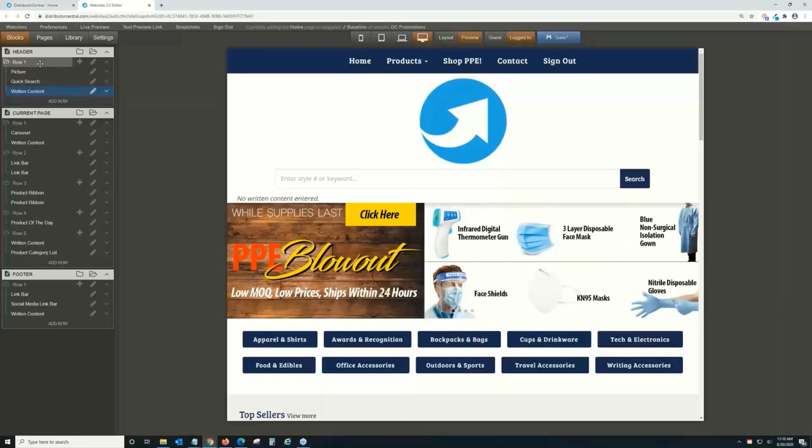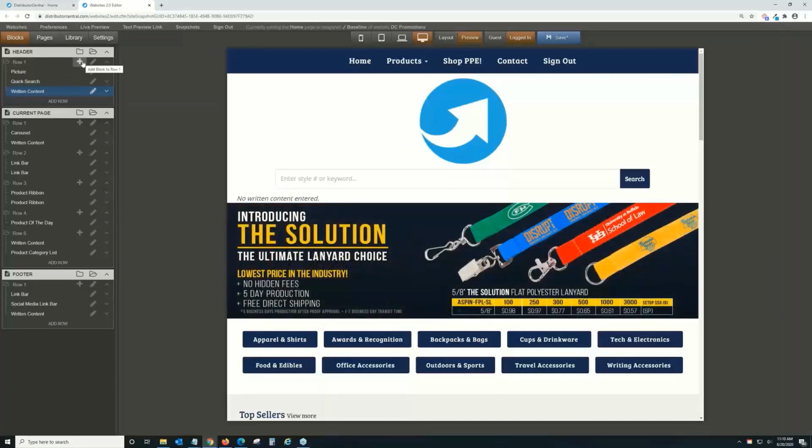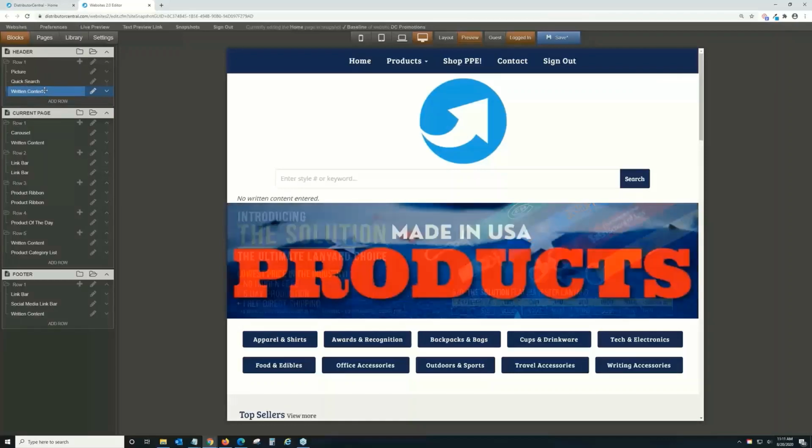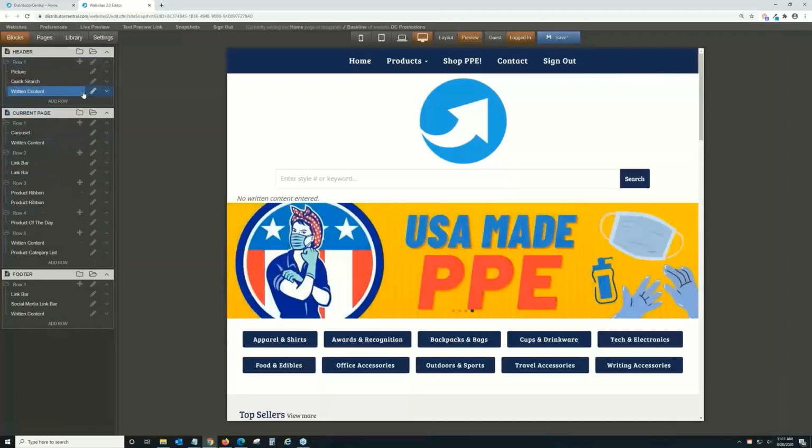and you'll see it gets added. Anytime you add a block, it's going to put it to the bottom of the row. And if you needed to move it, you can just click on it, left click, and just hold it and drag it up and down the list wherever you want it to go. But we'll show you an example of what I was talking about. So if I click on the pencil,